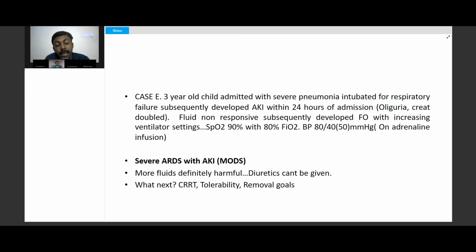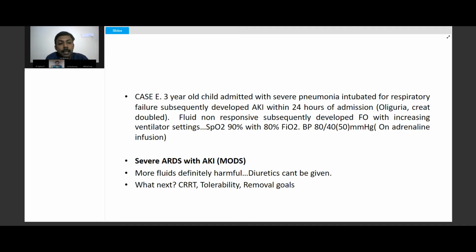And in fact, these patients fairly do well after removing fluids because the hypoxia gets better, the reactive oxygen and the inflammatory storm reduce, and on putting them on RRT, renal perfusion in fact improves. So the native kidney output also improves, and the BP is also better maintained. We think, contrary, that putting them on extracorporeal support will remove more fluid, more blood outside, but the opposite happens when we start them in a timely fashion.